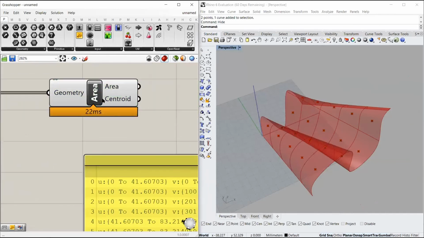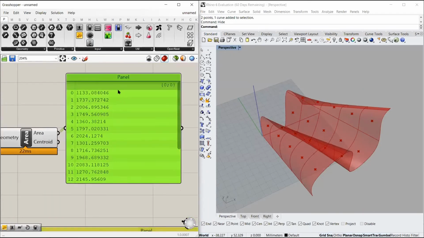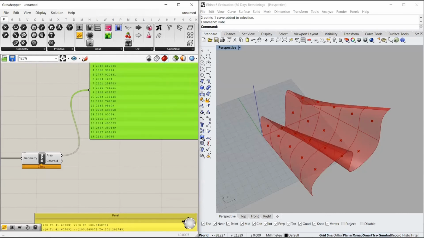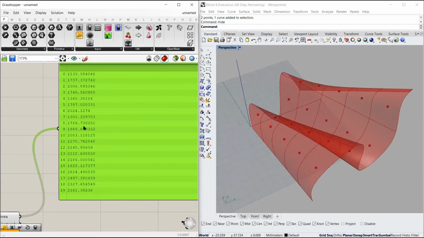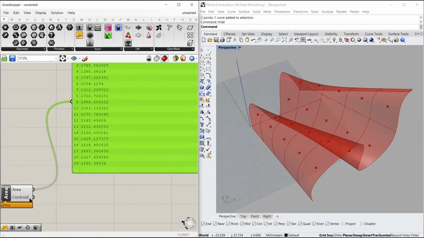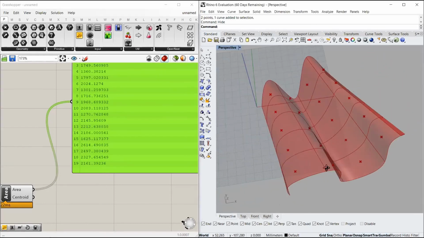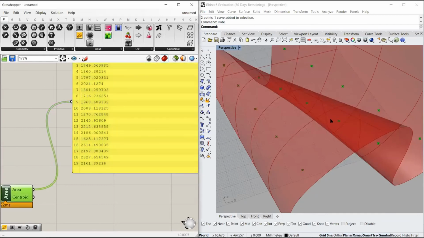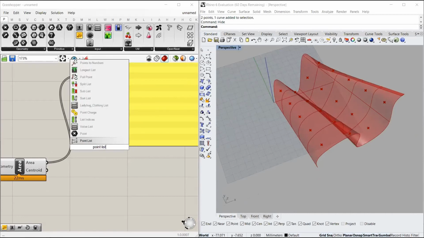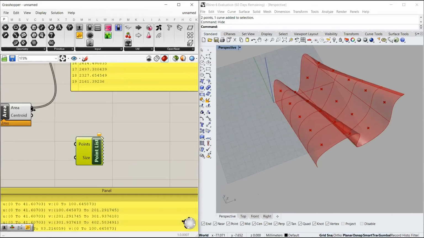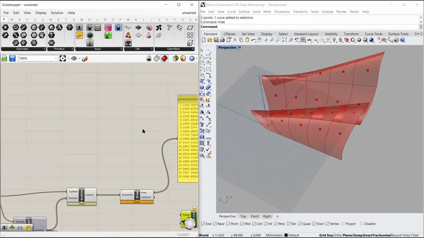It gives two outputs. If I take a panel to read the areas of all the surfaces, you see it gives me 20 different areas, starting from index number 0 to 19. And it also gives me centroids. That means the physical geometrical centers of all these surfaces, which are these points on this actual surface. There's a command called point list, which actually helps you visualize the index numbering of these surfaces as it has been done over here.